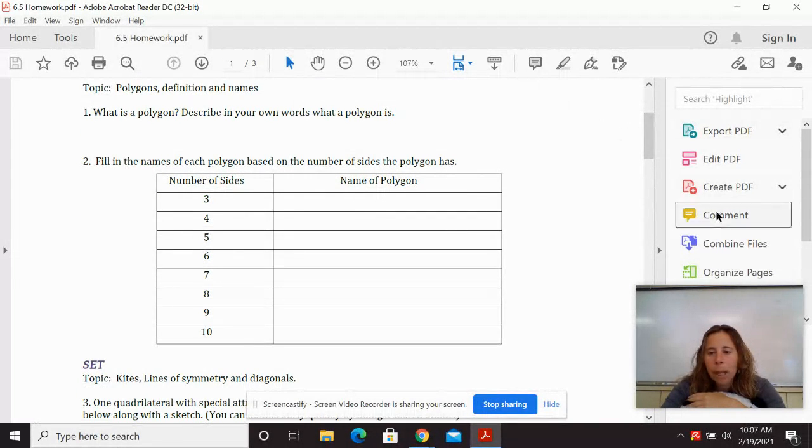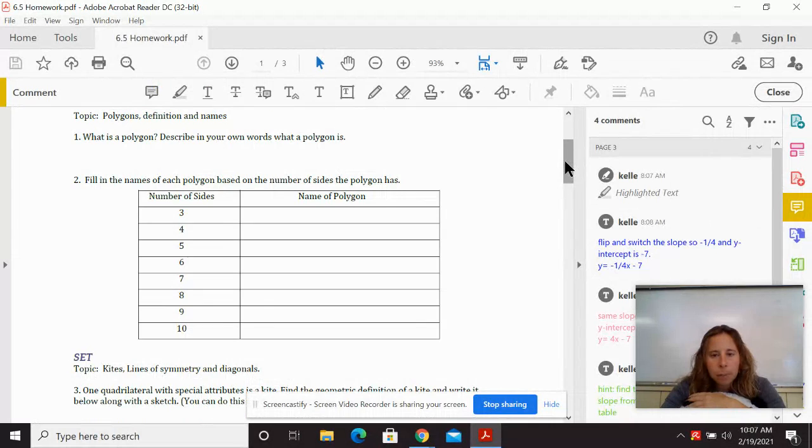Alrighty. I'll do some of these with you. Okay. So number sides and polygon. Fill in the names of each polygon based on number of sides. Okay. So a polygon, I also gave you the definition. A polygon is any shape with straight sides. The sides have to be straight, and it has to be closed. For instance,